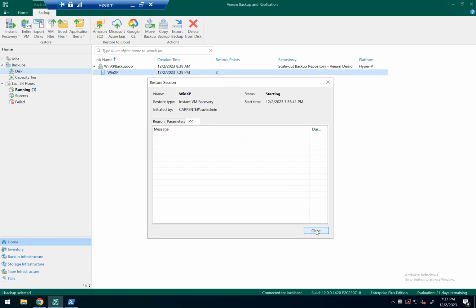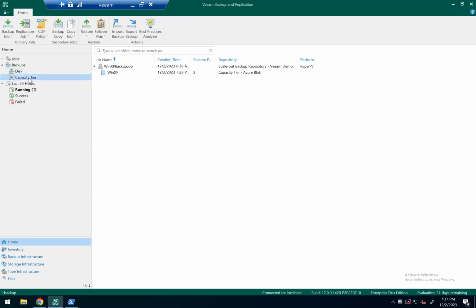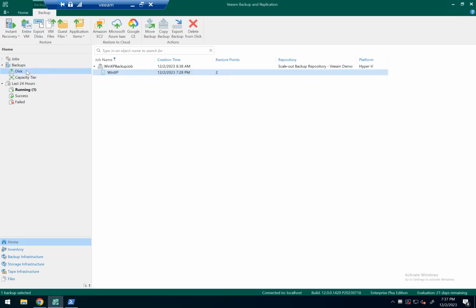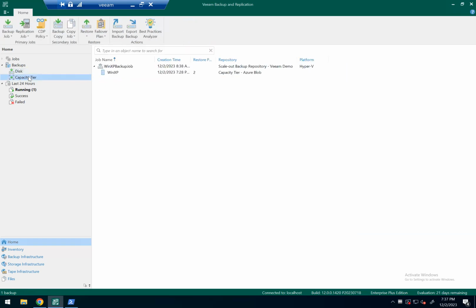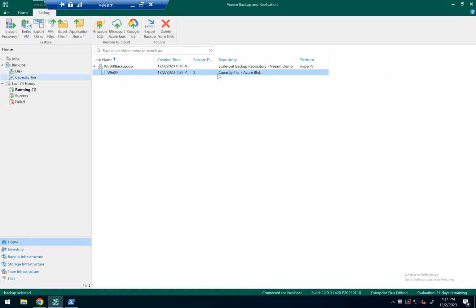Okay, meanwhile, while I'm doing this, I will also trigger a restore in Azure, because these restore operations usually take some time. So let me go to my capacity tier now, because this is already in Azure. There is one copy of my backup of Windows XP in Azure, right? So I'm going to use that one to do a restore in Azure, which is going to be much quicker. So very simple, right click on the capacity tier, the Windows XP,